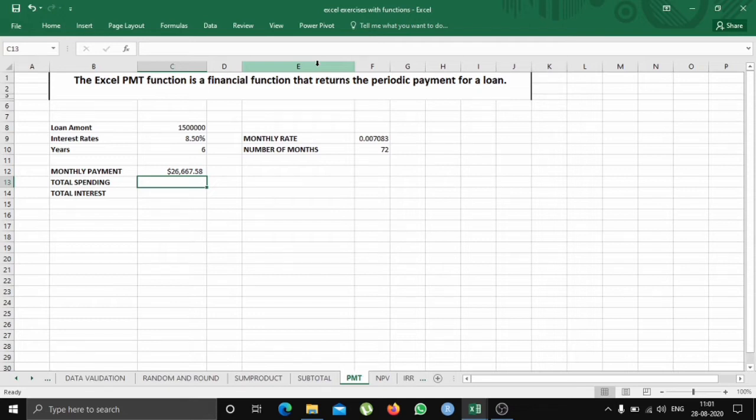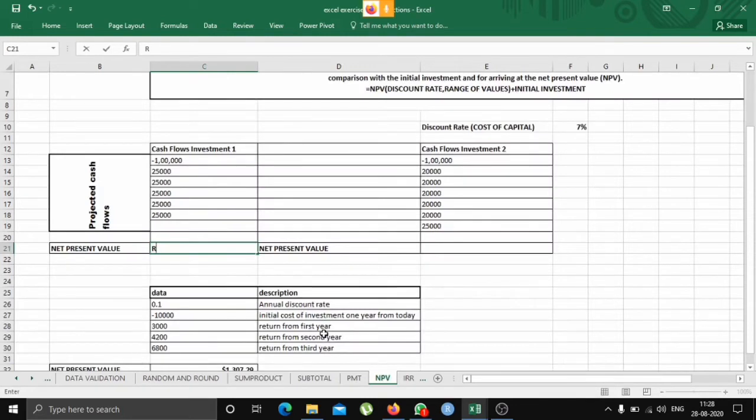Now let's calculate the total spending. As we have got the monthly payment, which is 26,000, we just need to multiply that with the number of months or the number of periods in which you'll be paying the money. So it is 19 lakh 20,000. Now let's calculate the total interest you'll be paying, for which you just need to subtract the loan amount from the total spending. So this is the total spending. Subtract the loan amount from this, and you get the total interest. Now, after learning about the PMT, the payment function,